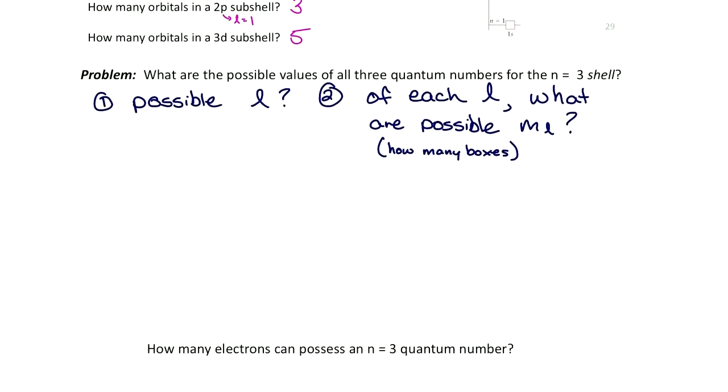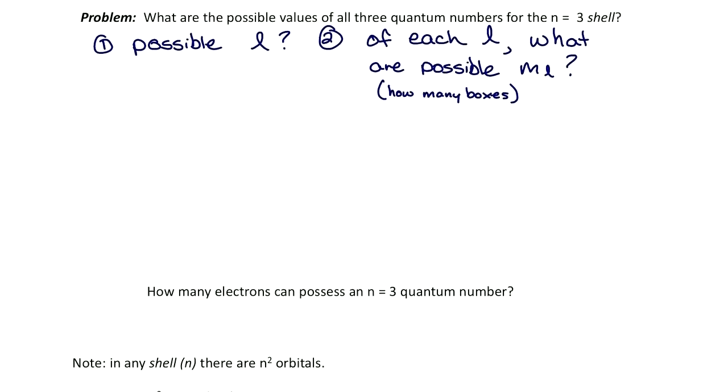All right. Okay, so let's go through everything and get what are the possible values of the quantum numbers for an n equals 3 electron or shell. So what are the possible boxes that we can write? I like to just go through these. Let's think about an n equals 3 electron. What are the possible L's that we can have for this electron? 0, 1, and 2. So we'll want to go through each of these shapes and identify what are the possible orientations we can have for each of them.